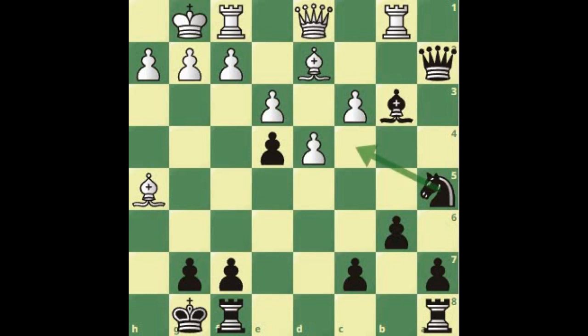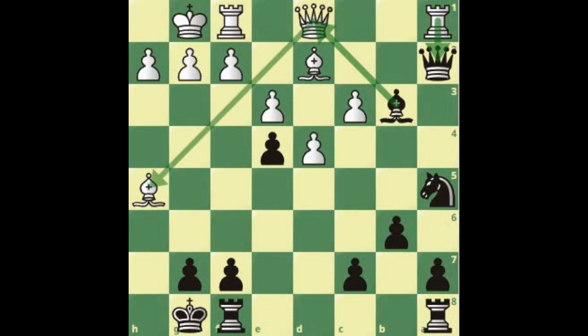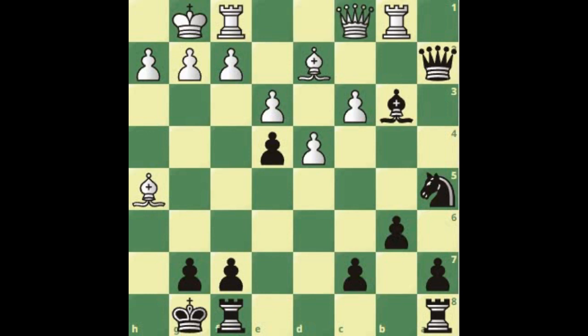And now we have a threat of playing knight to c4 and putting two attackers on the bishop. Obviously this cannot be met by rook a1, attacking the queen in order to try and release the pressure, because bishop takes queen and rook takes queen, then white has a weirdly placed bishop on h5. So after queen, for example, to c1, the black bishop goes now to c4